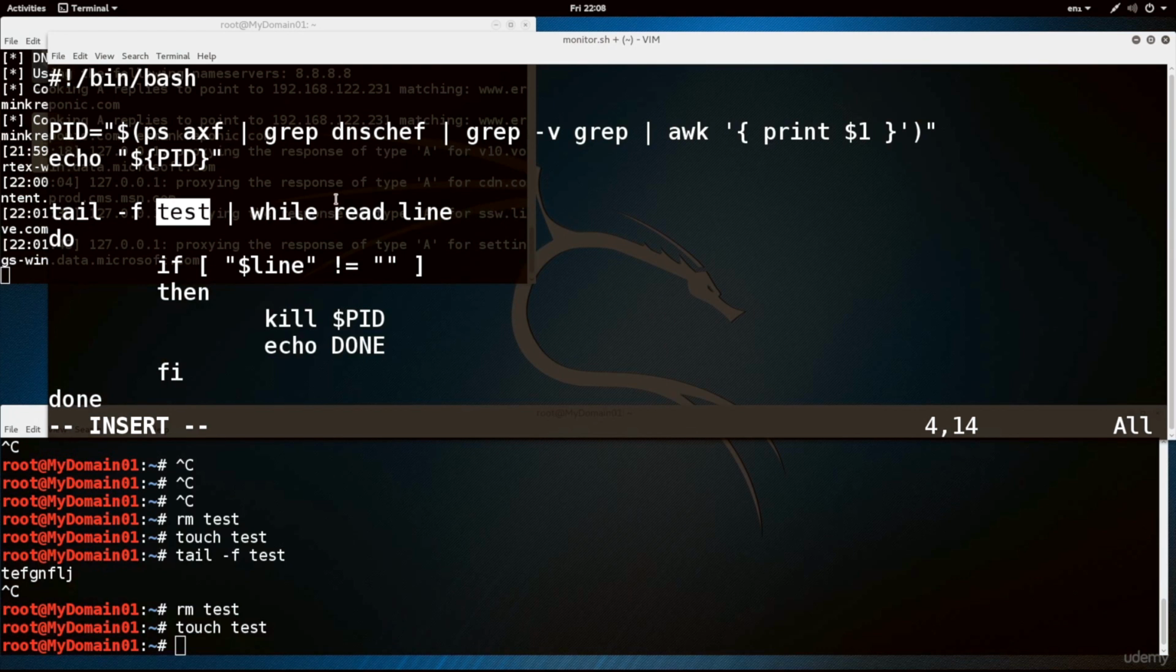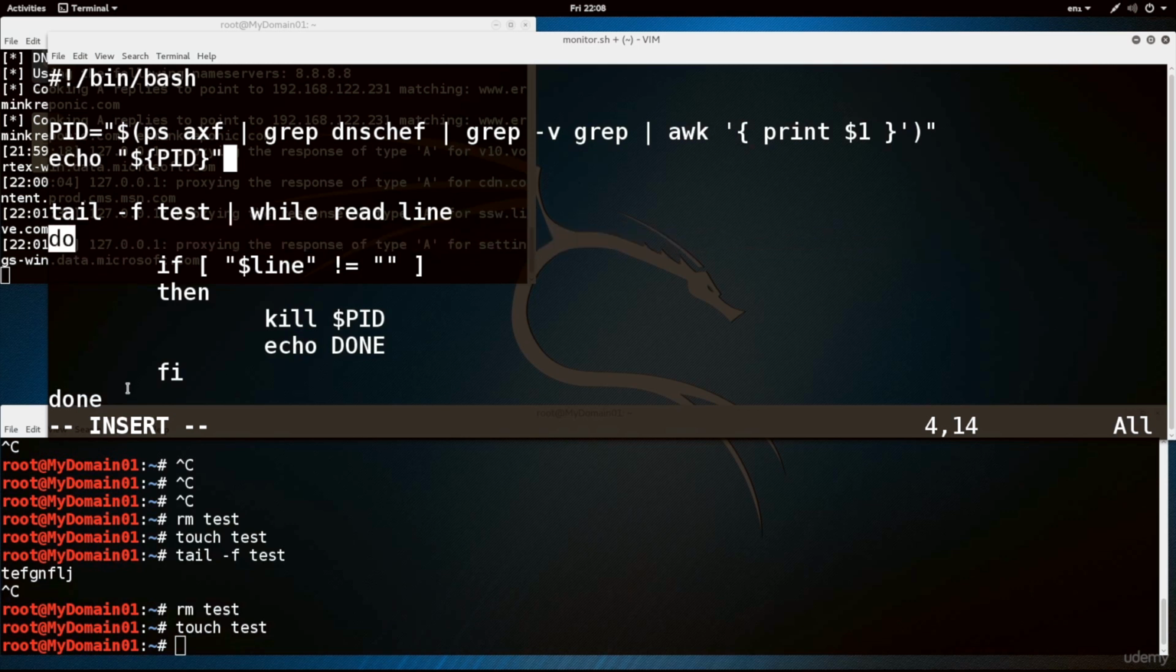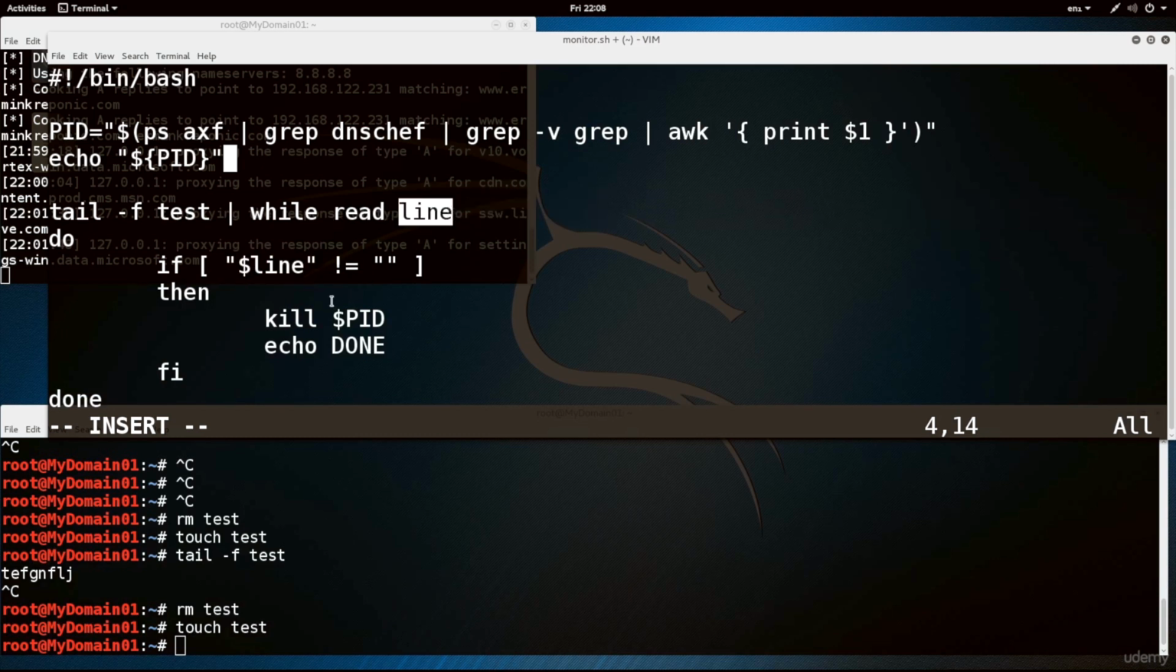We shall change this to credentials.txt. And then we're piping the output of tail with the pipe here into the while loop. So we're gonna keep on reading this output, and we're gonna be placing it into the variable line. And then this is the loop body, basically just do and done. And then within the body of the loop, we have an if statement, which basically states that if we're gonna take the value of the line, if line at any point of time becomes populated with something, it will definitely,